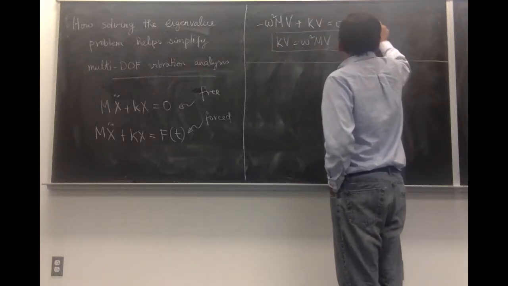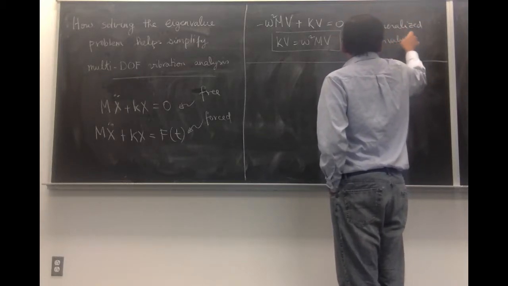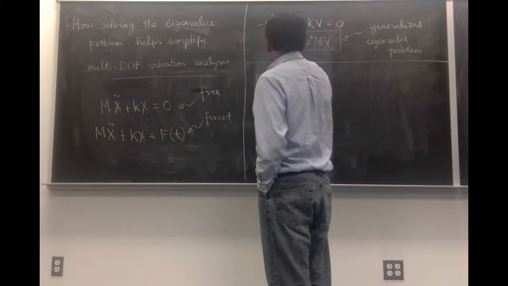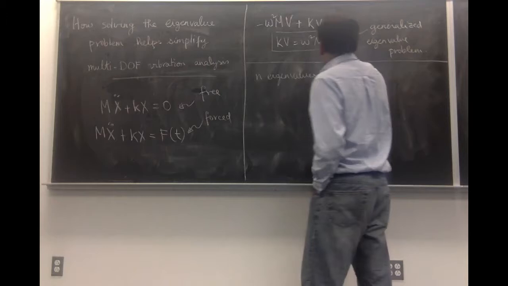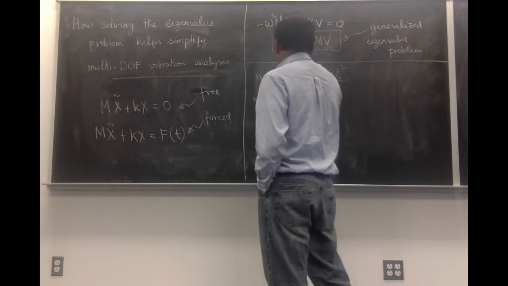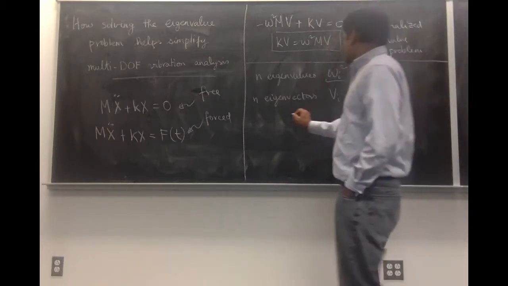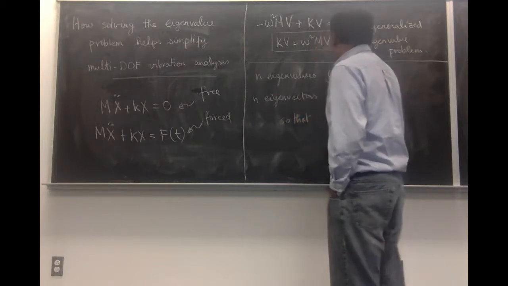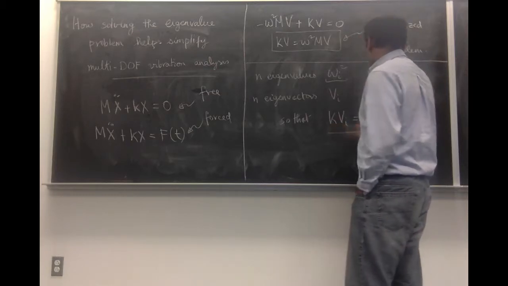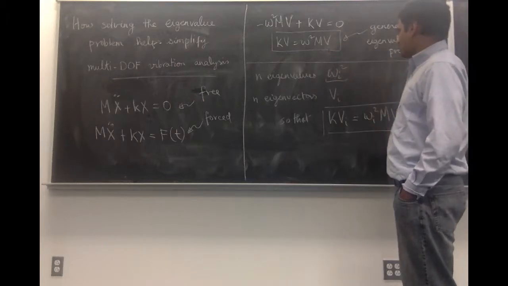This is the so-called generalized eigenvalue problem. There are n eigenvalues, we call them omega i square. These are the eigenvalues. And n eigenvectors, v sub i, so that we have k times vi equals omega i square m vi. So there are n solutions to the problem, and each of those satisfies this equation, where